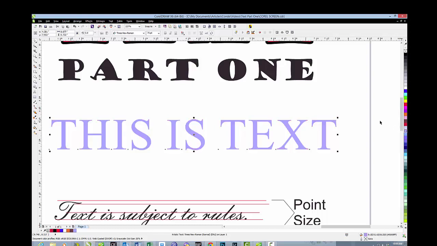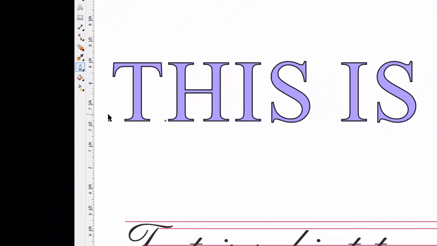But we're not done. We can also do something else to contribute to the variety of text that we can use, and that is we can go back over to our color bar and do a right click. A right click gives us an outline on the text. The outline that normally comes in is about 1/1000th of an inch, called hairline. We can increase that, though, by going down and making that 1/2 point, or 3/4 of a point, or